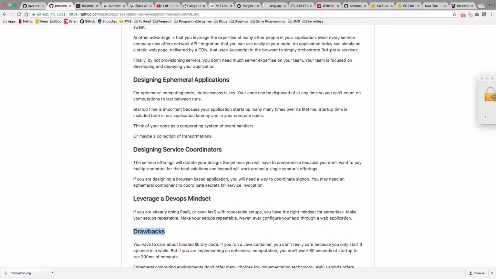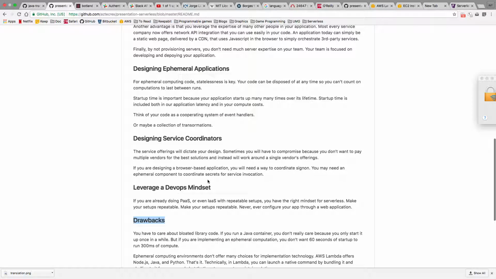I'm expecting that eventually the pressure will be on these companies to offer per transaction rates on everything that you do. So like, for instance, my application uses Google Translate API. Google Translate API is per transaction. I don't pay any monthly fees on it. I pay per character translated. I think that more and more of these services are going to start offering at that level because it's the only economic model that makes sense when you're trying to combine 10 different vendors into one application. So I think that'll get better. It's just not great right now.